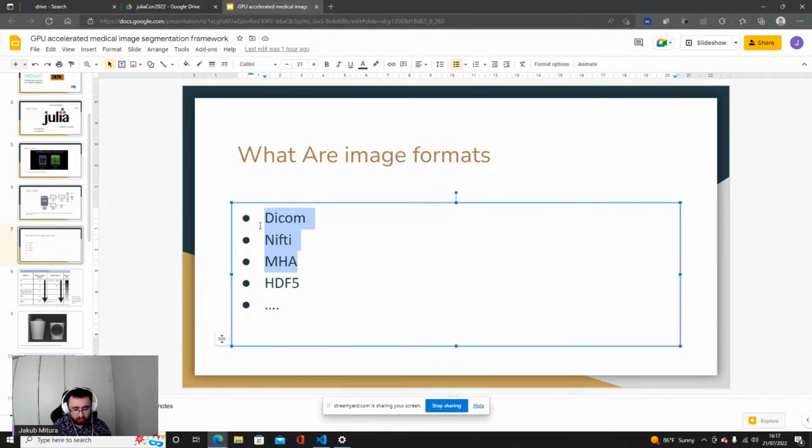It can be in DICOM, it can be in NIfTI, it can be in RAW, it can be in MHA, sometimes it can be in HDF5. So it's important to load all of it, parse all of it, and pre-process all of it in a way that would be useful for you.